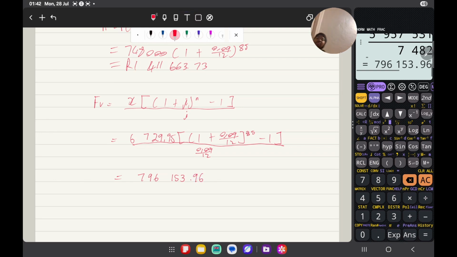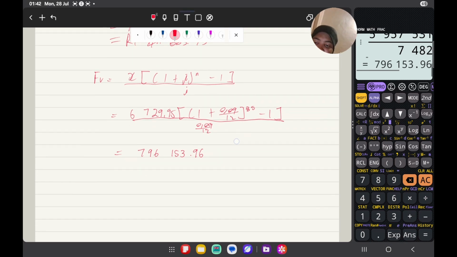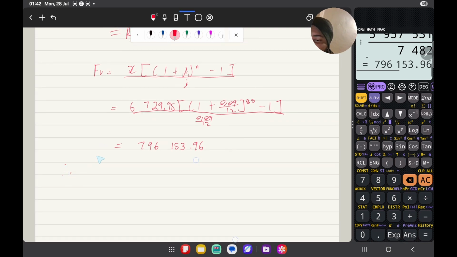All right, so with this value now, what we do is say, therefore the remaining balance